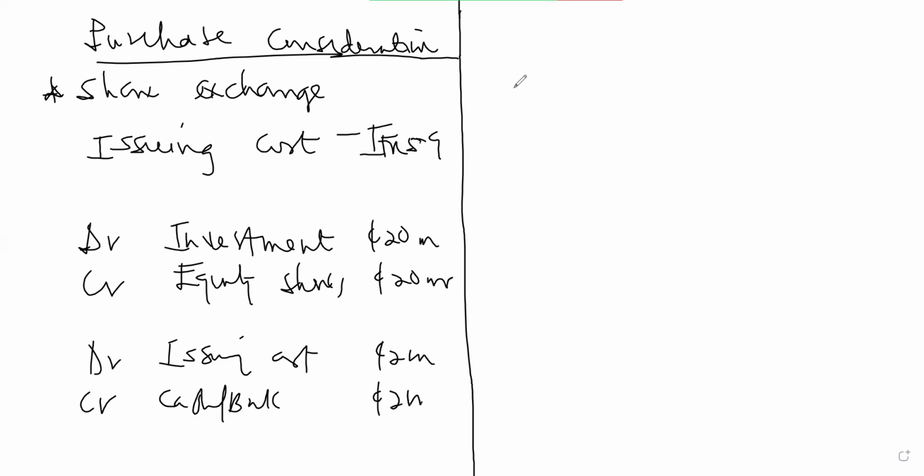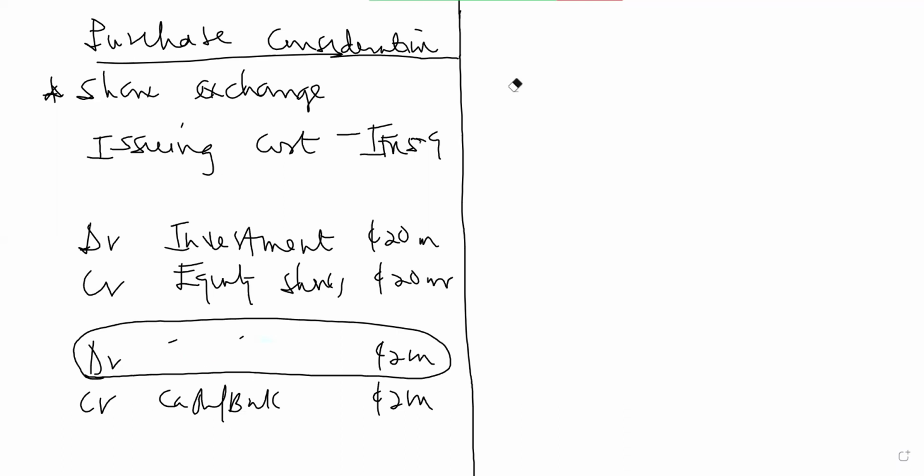So 2 million. But this one, we want to capitalize the issuing cost. We are incurring the issuing cost as a result of us issuing the equity shares. So instead of us debiting the issuing cost as an item on its own, the debit entry will be done in the equity shares account. So instead of having the issuing cost over here, you will now debit equity shares. And if you are debiting equity shares, you are